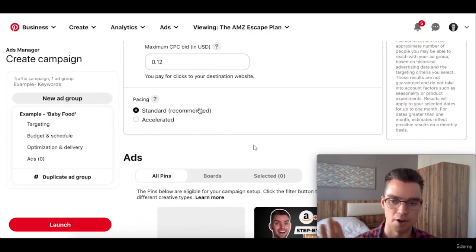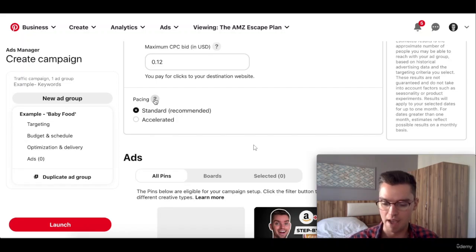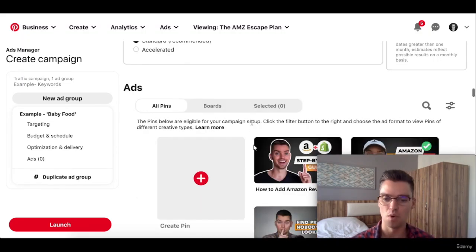For pacing, go ahead and select standard. Accelerated just means, let me look at that. I've never used accelerated. It's basically to push it faster. It could make sense if you're on a deadline or something like that, but generally, I only ever use standard. And lastly, we've now gone through our campaign and our ad group section, and the last section is our ad section,